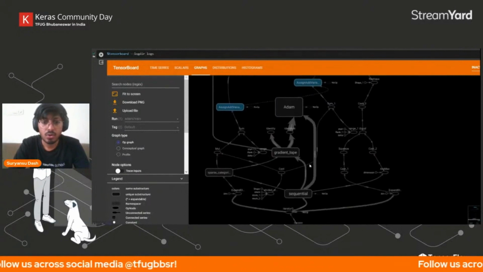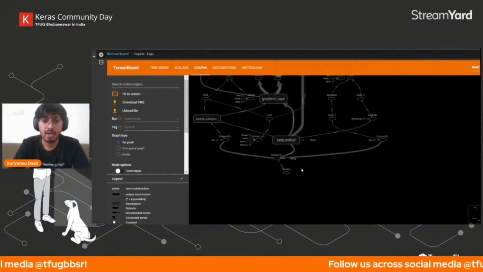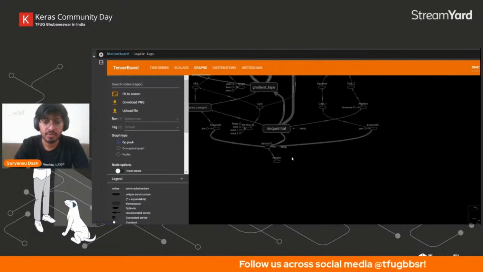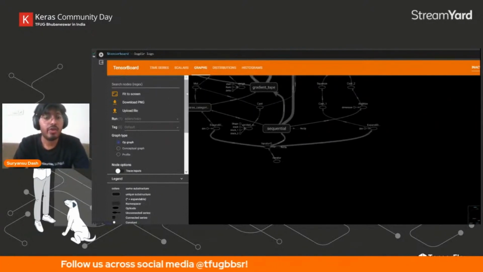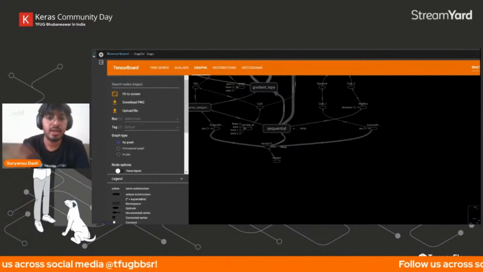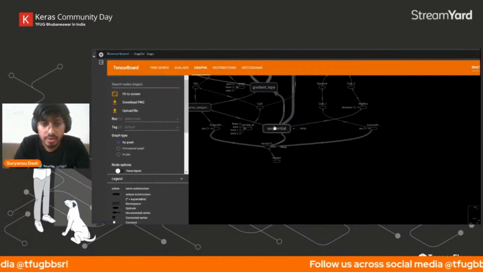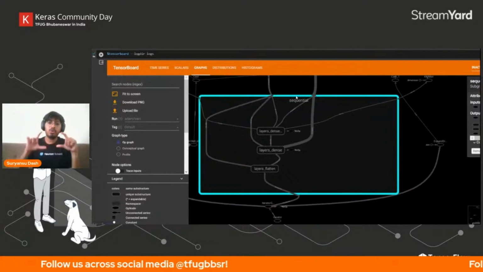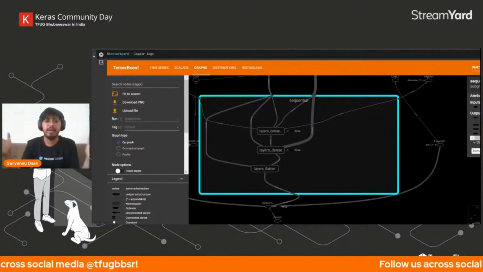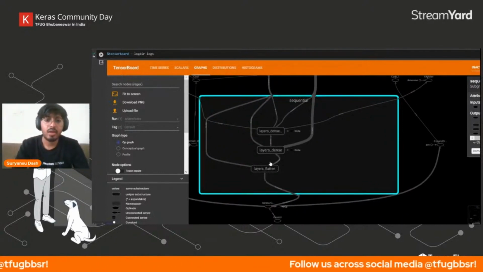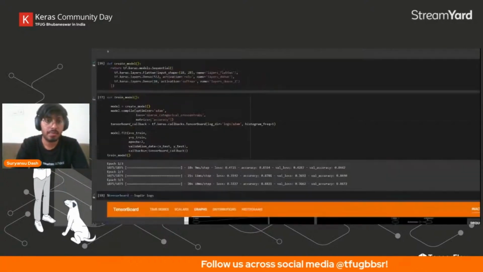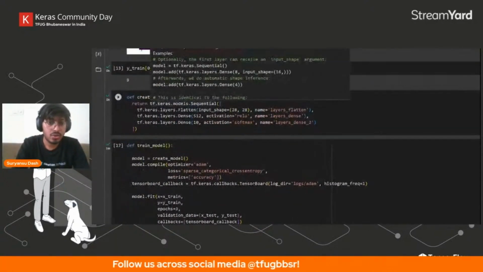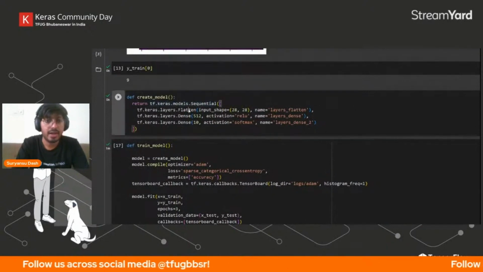So this is the whole machine learning model and the whole path it took to train itself. It looks very jargonous, but let's go one little component at a time to understand it. If you remember, we used sequential to create a dense model, right? So if you can see, there's a sequential tab here. If we double click on sequential, this opens up the sequential. So we are able to see each component and we're able to expand that too. In sequential, we used two dense layers and a flatten layer.